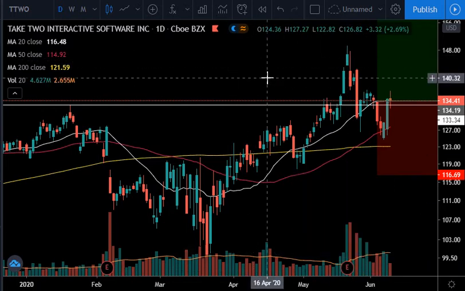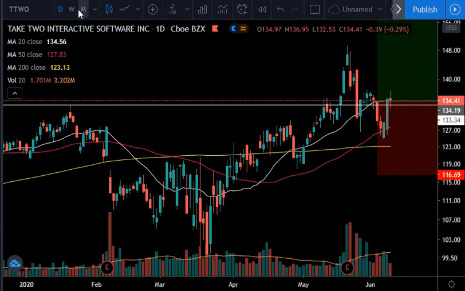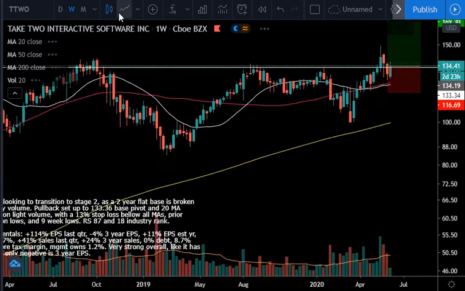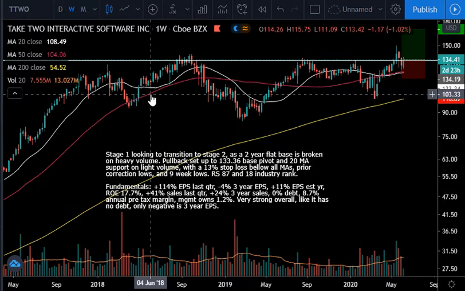Generally speaking, I don't like taking setups before earnings because that does not give me enough time to have a profit cushion if it goes the other way. And so what I like to do is generally wait after the earnings report to look for a high risk reward entry. So if we take a step back and look at the weekly chart on Take-Two, we see it's